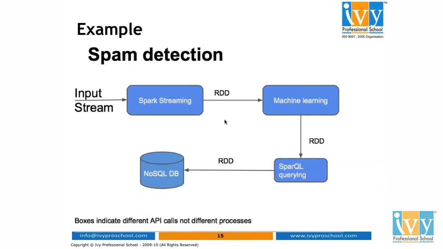So you do not have to have different learning for MapReduce, and you have some developers for Hive, like we talked about in the big data ecosystem. So the same RDD acts as an abstraction layer, and there's one layer of abstraction, RDDs, which will be flowing through all these. So these boxes are not different processes, like in the case of Hadoop, where you'll have Hive as a different process and Impala as a different process. These are different API calls.